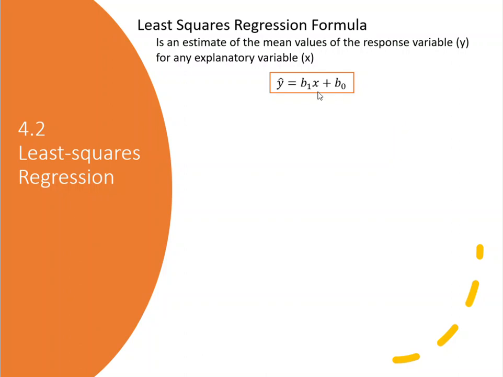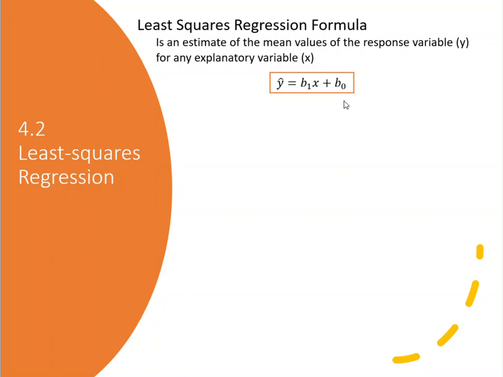Now, you may already notice that this equation here in the center of your screen, y hat equals b1 x plus b naught, looks an awful lot like a formula you would have seen back in an Algebra 1 class called the slope-intercept formula. We're going to use the same type of function here, creating a line,